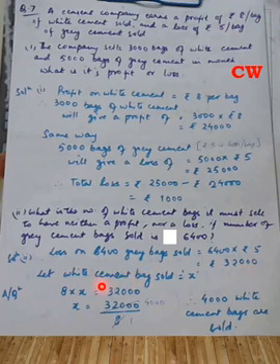Now we don't know the number of white bags. So let us say the number of white bags sold is x, and on a white bag the profit was 8 per bag. So 8 into x is equal to 32,000. Means the profit on the white bags is equal to the loss on the grey bags. So x is equal to 32,000 by 8. That is 4,000 white bags are sold, so that they are having neither a profit nor a loss.